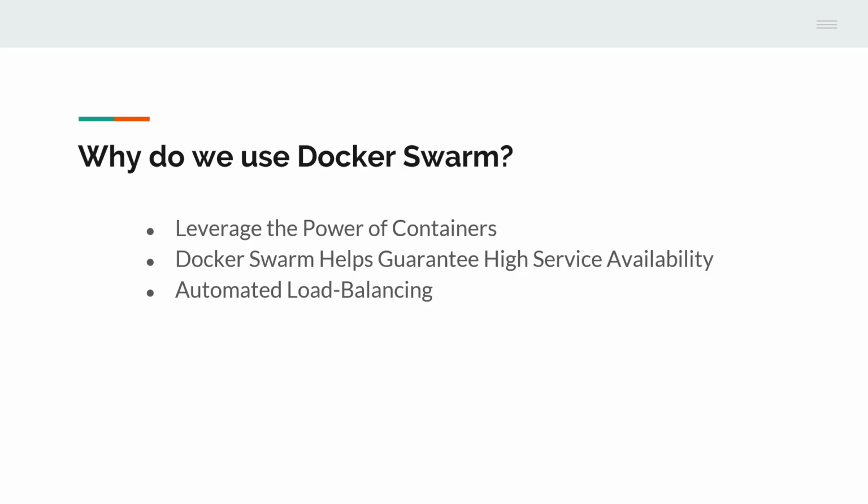And last but not the least, we have automated load balancing. Docker Swarm schedules all the tasks using a variety of methods to ensure that there are enough resources available for all the containers. Through automated load balancing, the Swarm managers ensure that the container workloads are assigned in the most efficient manner. We are again going to see this in the demo section.